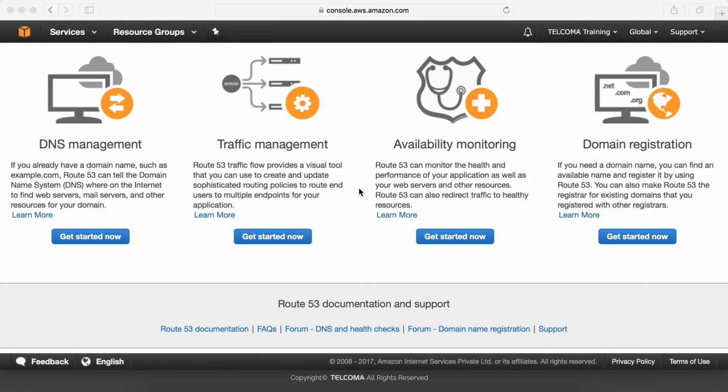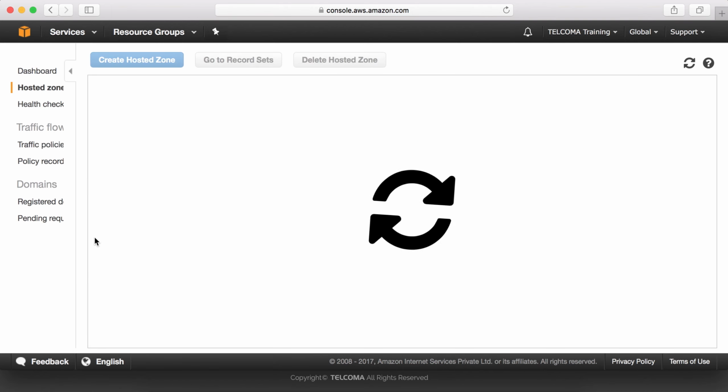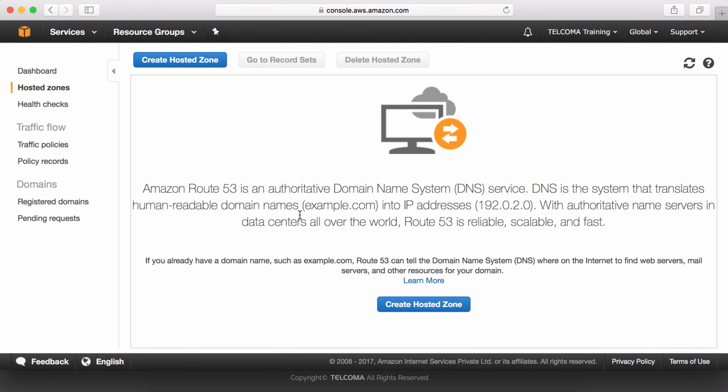So today in this class we are going to discuss DNS management. If we already have a domain name, for example telcoma.in, Route 53 can tell the domain name system where to find our servers and mail servers on the internet, and we can manage our DNS. Here we have to log into the AWS Management Console and then go to Route 53. Now, in DNS management,